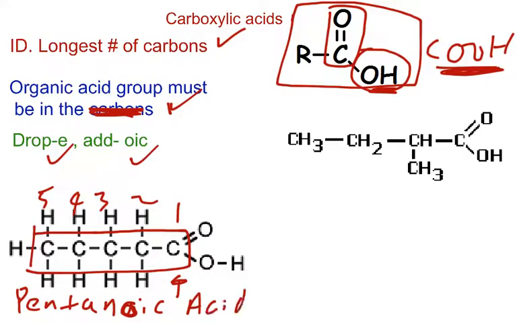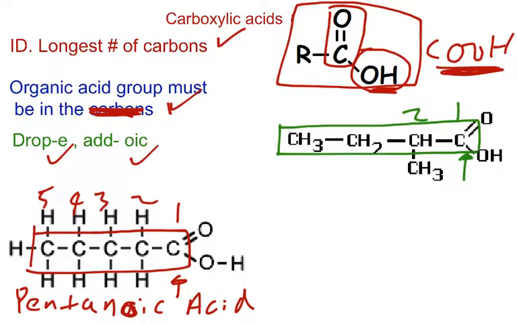So that's how simple that is. Now we have this other guy right here. We have this as our longest continuous chain, including the carbonyl of the acid again. Carbon number 1, 2, 3, 4. So that's going to be butane, but we'll drop the E and add OIC. So that's butanoic